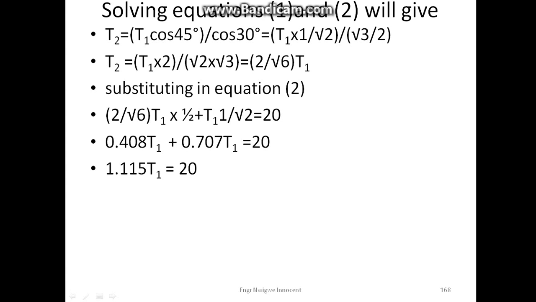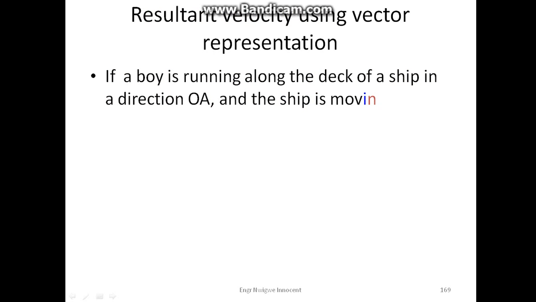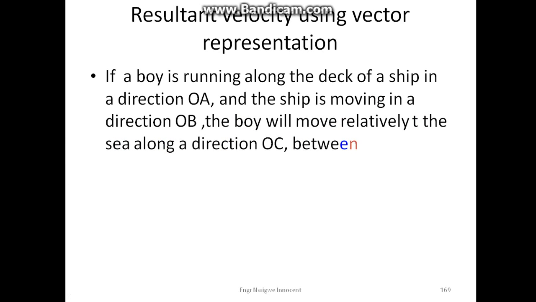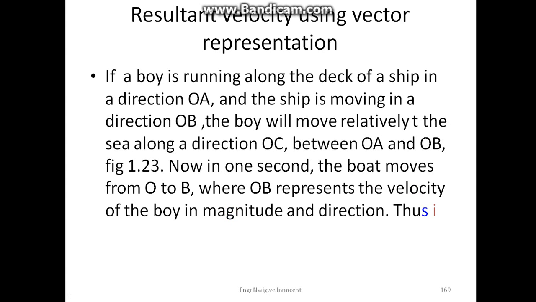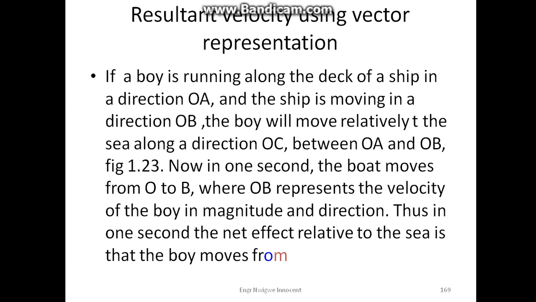Resultant velocity using vector representation. If a boy is running along the deck of a ship in a direction OA and the ship is moving in a direction OB, the boy will move relative to the sea along a direction OC between OA and OB. Figure 1.23. Now, in 1 second, the boat moves from O to B, where OB represents the velocity of the ship in magnitude and direction. Thus, in 1 second, the net effect relative to the sea is that the boy moves